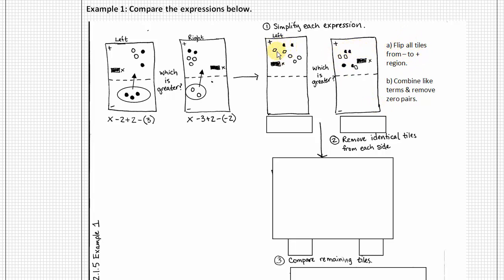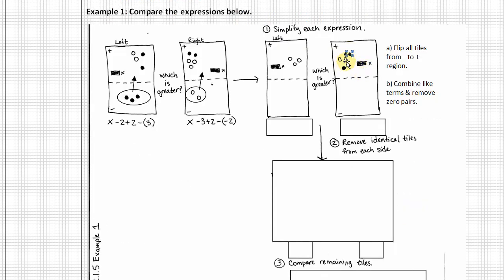So starting on the left, these two positives will cancel out with these two negatives. So for today, I'm just going to actually delete these off. Those would get all removed because they were 0 pairs. And then this negative will cancel out with this positive. This positive will cancel out with that negative. And this positive will cancel out with this negative. So there we would have flipped all tiles from the negative region up to the positive region, showed that there,